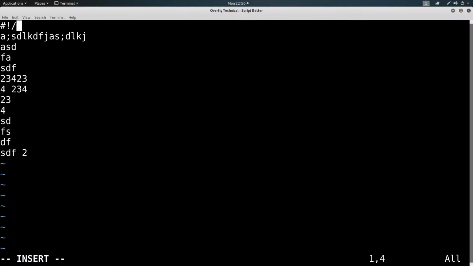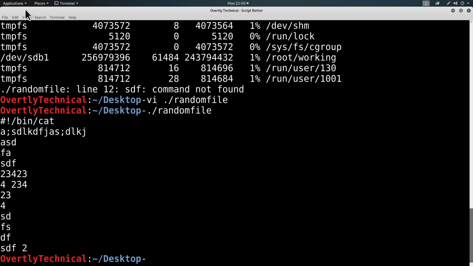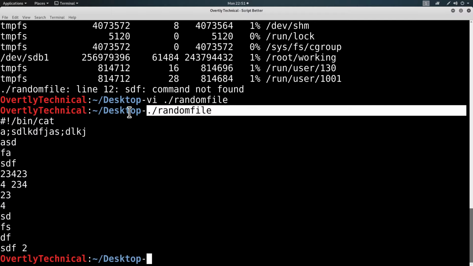So with that, I'm going to run with bin cat. I'm making this a cat script for some crazy reason. Now if I do random, it uses cat to run this file. This is now a cat script, right? And what that means is cat will go through and take this file. I tell this file to run. It is an executable file, so it will run.